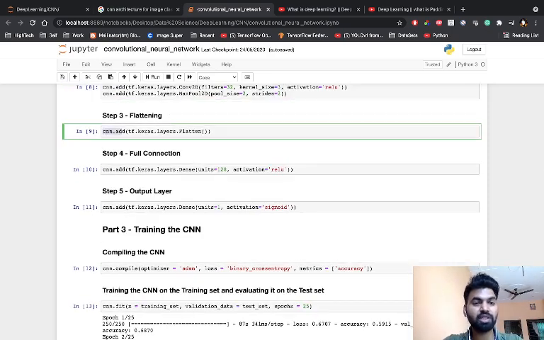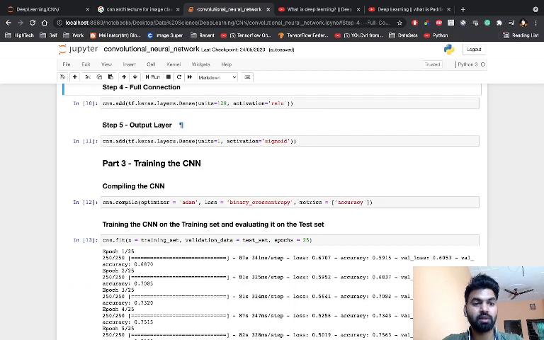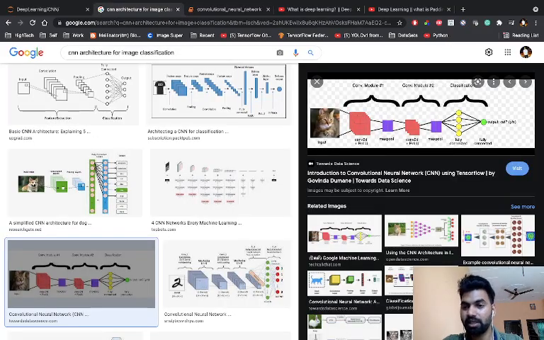And after that we need to define the full connection. If you see the architecture here, the last layer would be the fully connected layer, right. Fully connected layers take the inputs coming from the pooling layer and process them.